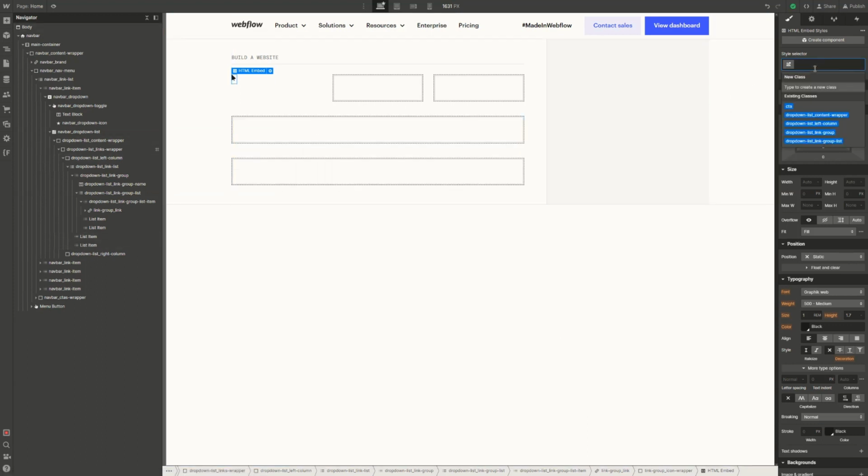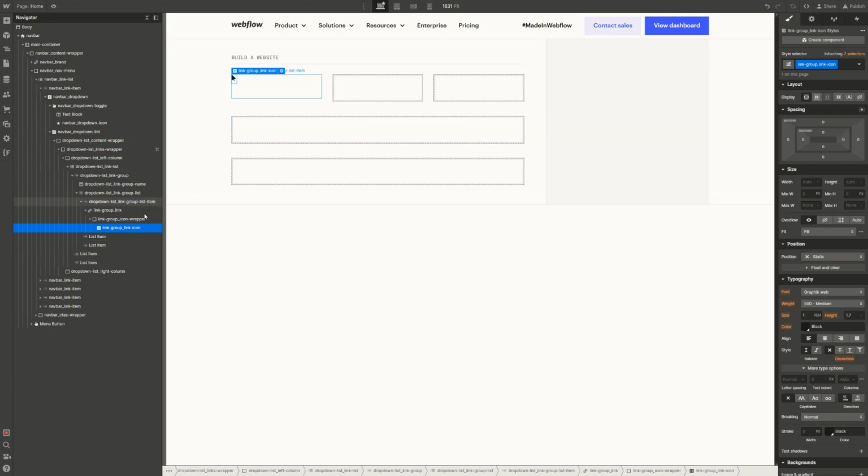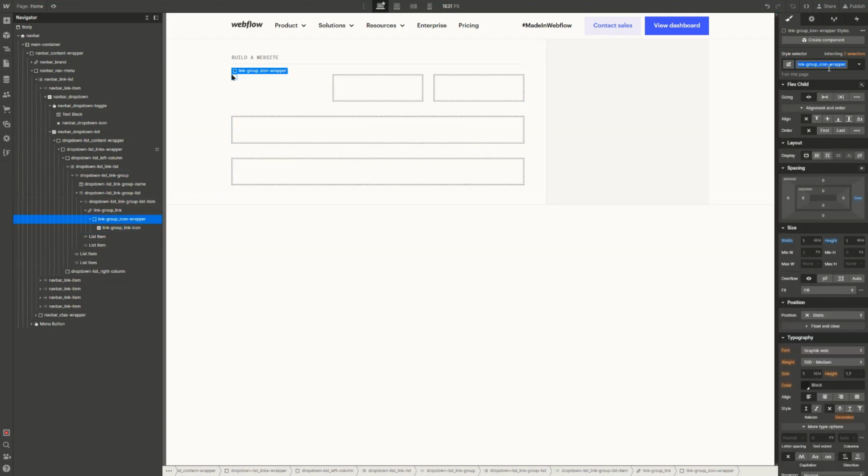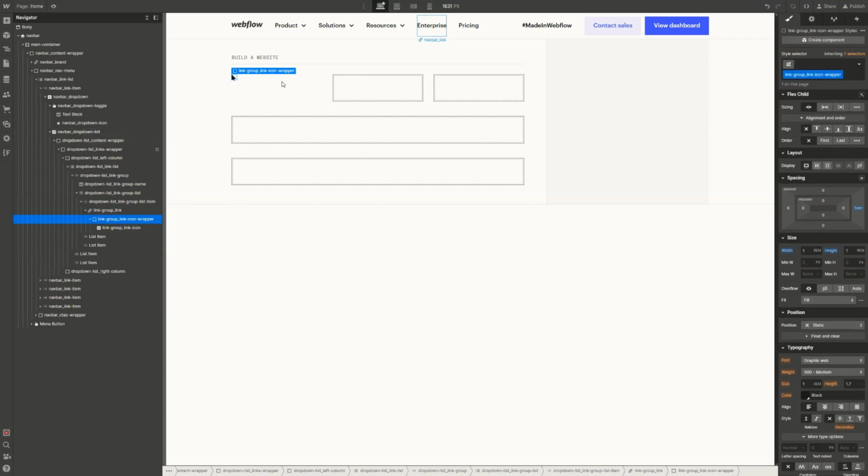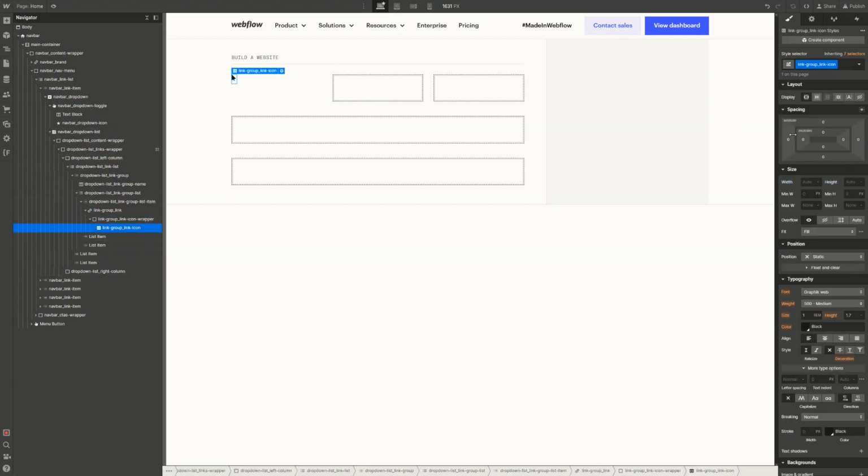And then this, we can call it, let's say, link group link icon. Let's also change for consistency this name from link group icon wrapper to link group link icon wrapper. And let's also set the display property to flex, because here we can see that it has a bit